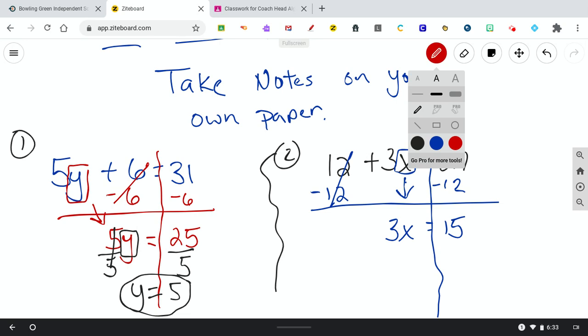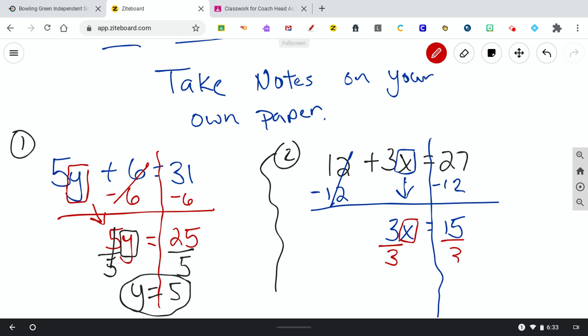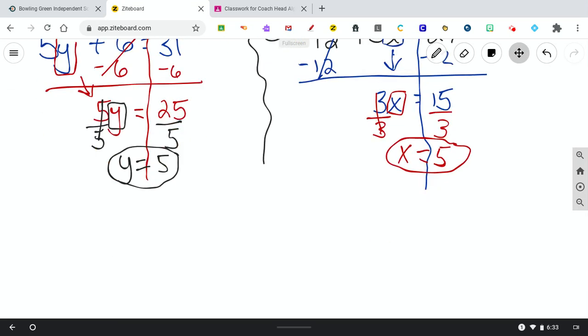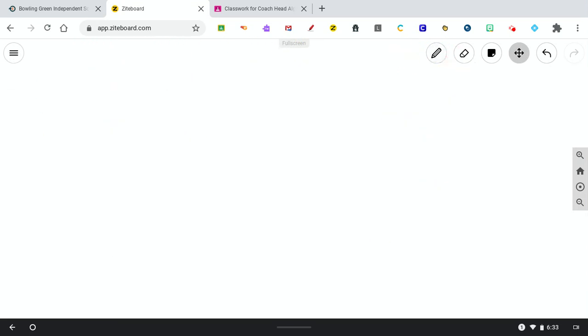Okay, and then my last step here, remember, I'm trying to get x by itself. So I'm going to divide this by 3. Whatever I do on one side, I got to do on the other. And I get x is equal to 5 because 15 divided by 3 is 5. Okay. Let's look at another. So I have example 3,